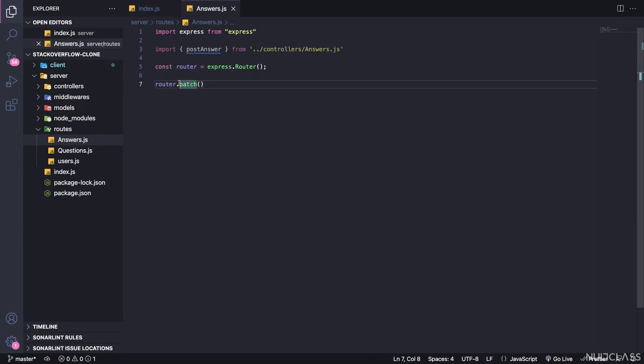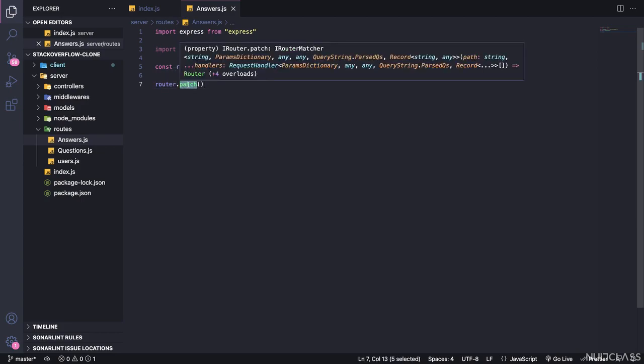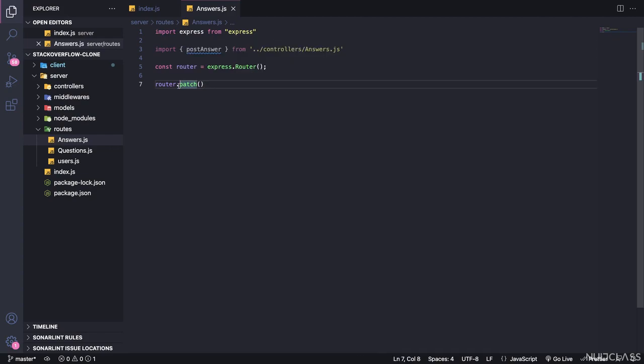So for posting a question we have used the post request. You may ask me why we use patch now, because we are just posting a new question-answer. When we post a question, we are creating a new record in the database or in the schema, but in this case we are just updating the database, because